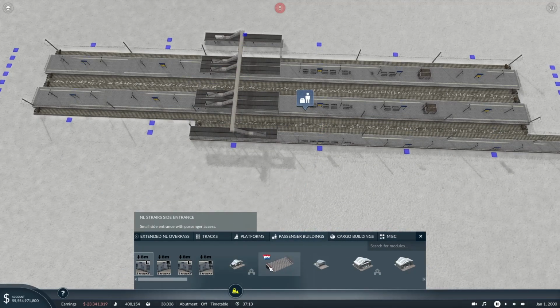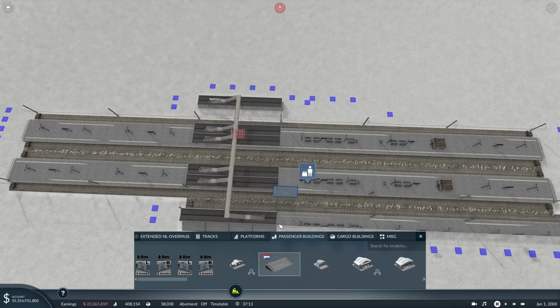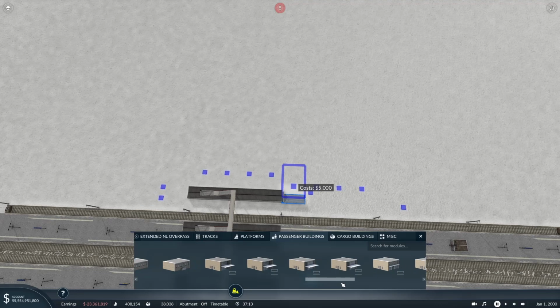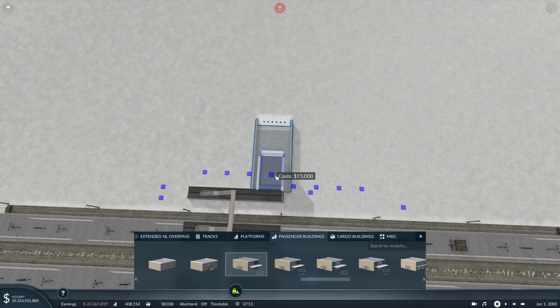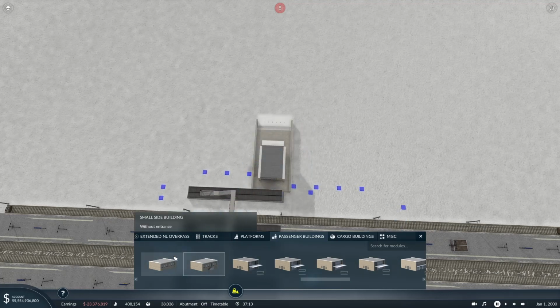I think on this side there is access to this side of the station as well, so I'll put some steps in, and then we just want to return back to the building that we were putting on previously. Let's take a look at these, see what they look like. They're all pretty much similar,